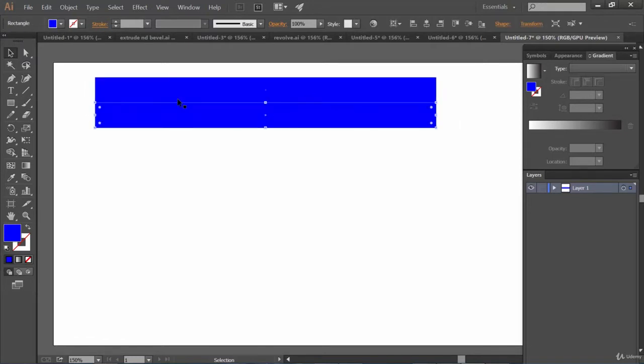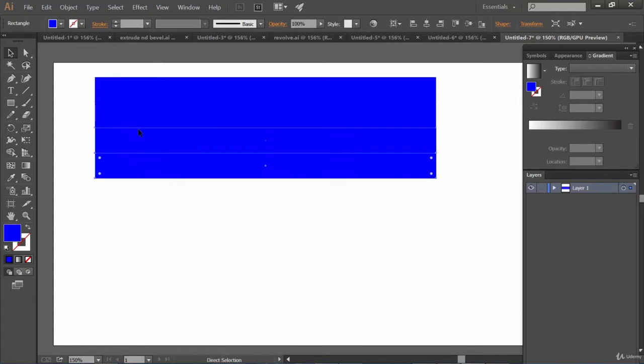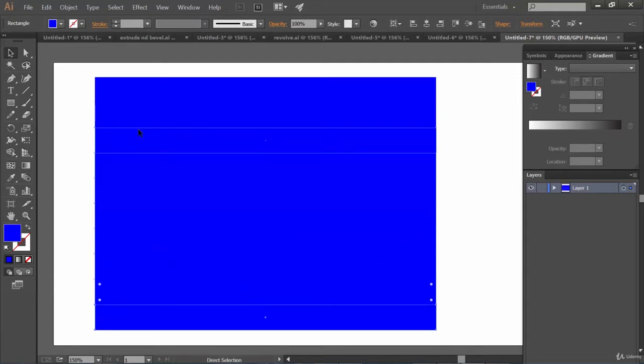So I have created one rectangle and next I have copied and placed it just below it, and it's having no gap. That's it. Now select this object and press Ctrl D. What Ctrl D does is it remembers what you did in the last transform.